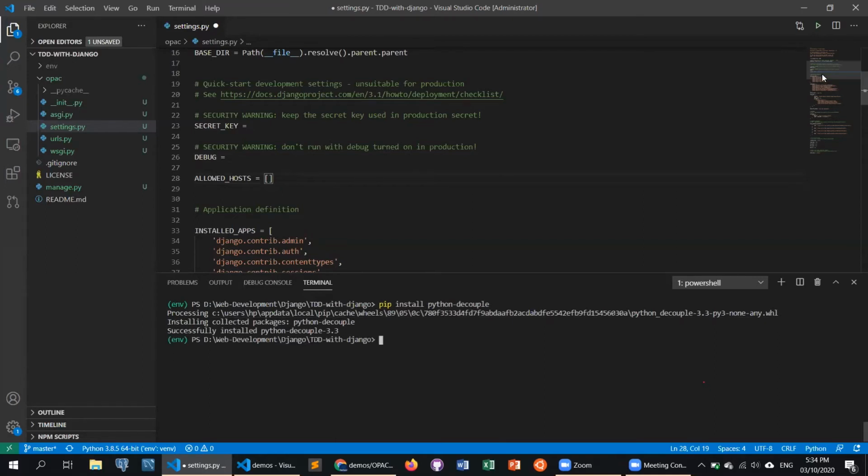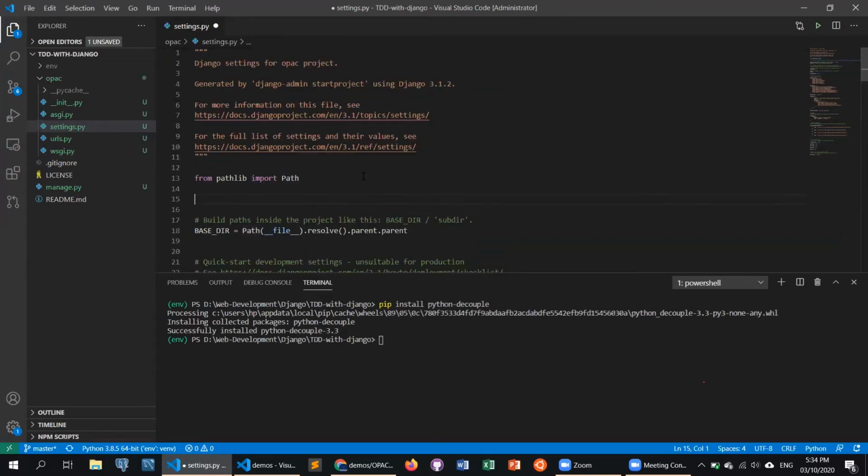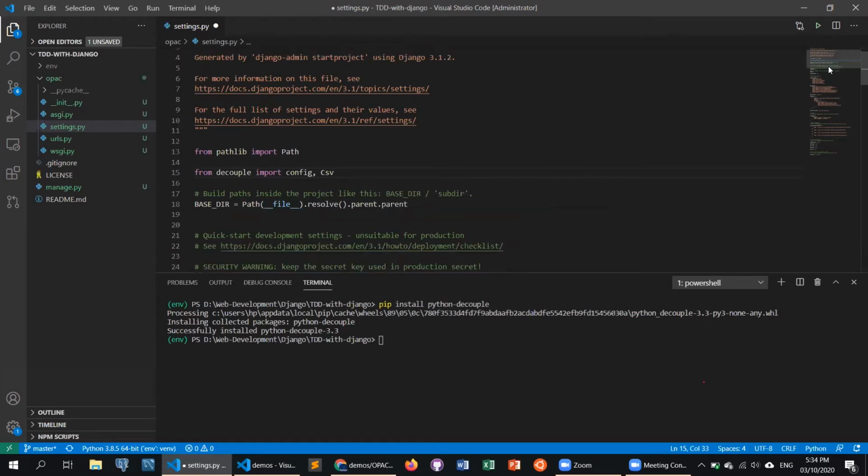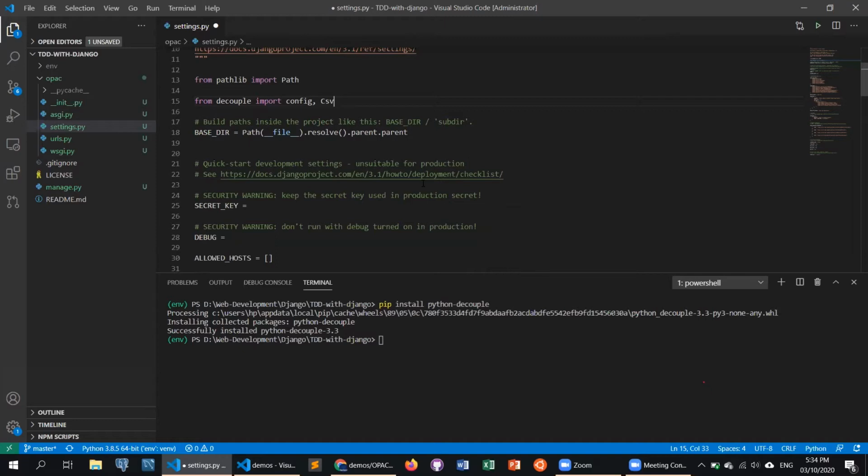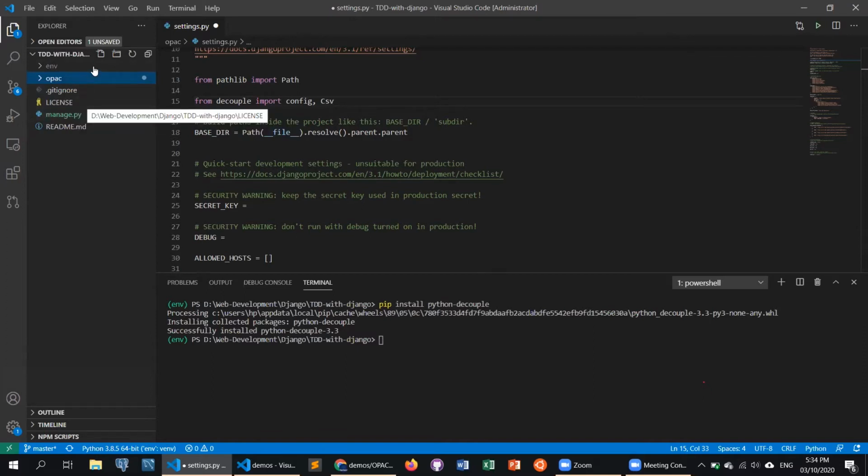So the other thing I'll do is import from decouple. From decouple, I'll import two things, config and a function called CSV, which I'll use to cast these allowed hosts. So the first thing, I'll create an environment file, and that was the main importance of having the gitignore, so that